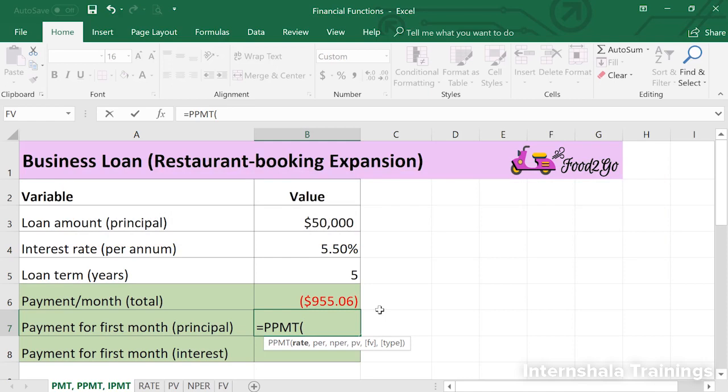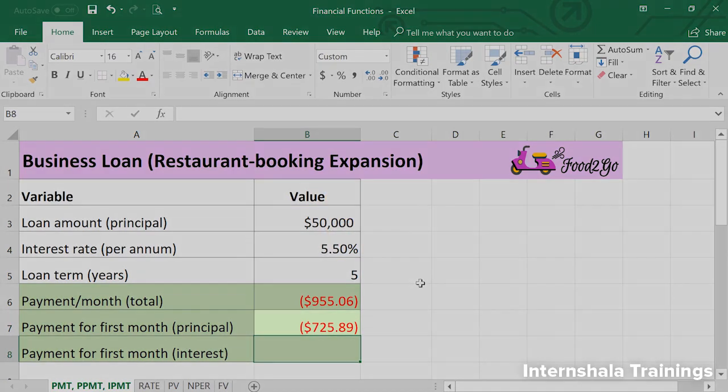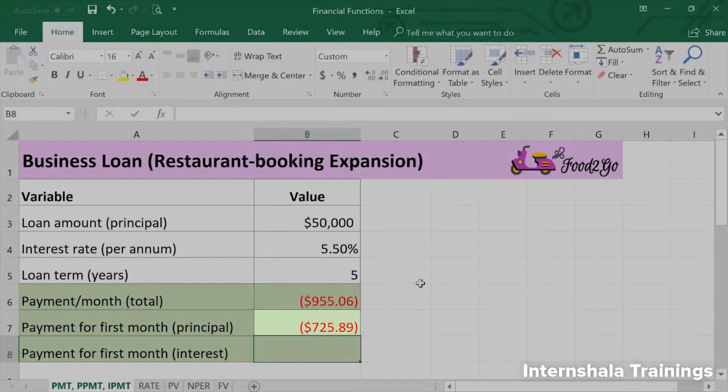In each of the other terms in the function, we will use cell references as before. So we have to divide the interest rate by 12 to reflect monthly compounding, enter 1 as the period, multiply the loan term by 12, and reference the loan amount. Once the function is complete, just press enter. Excel tells us that in his first month, Ishan will pay back $725 out of his total monthly payment towards